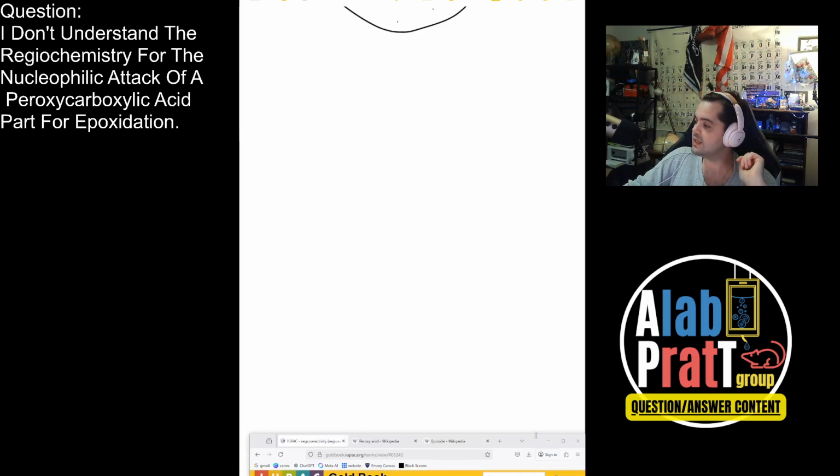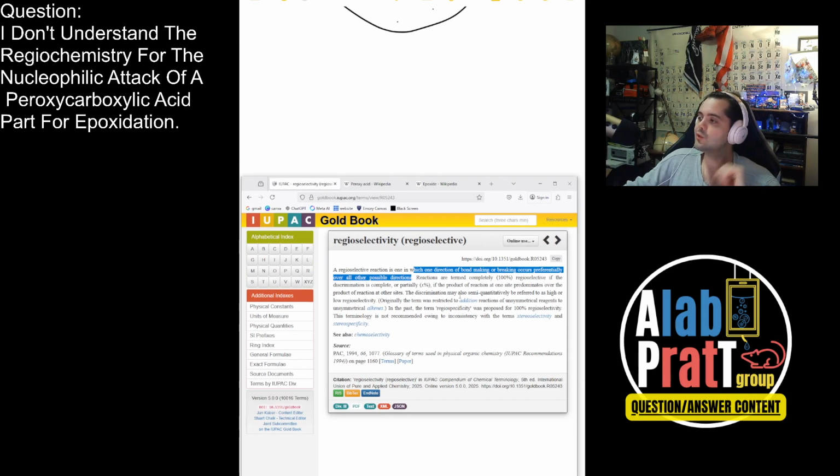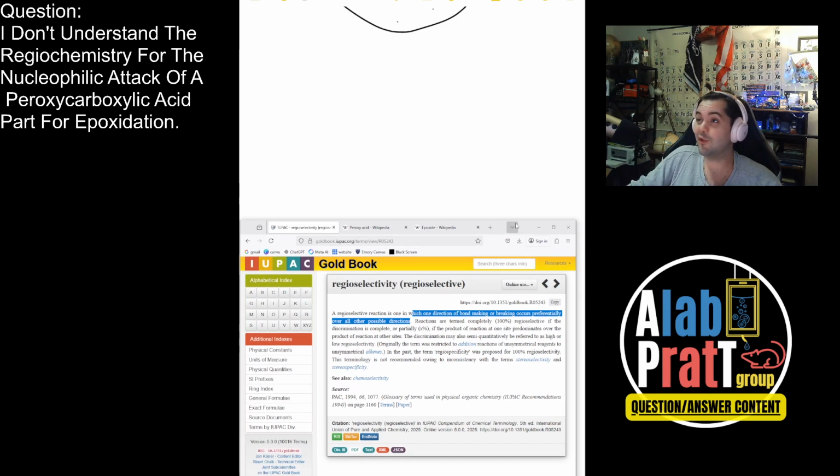I'm going to the IUPAC Gold Book, and I just want to show that regioselectivity is which direction a bond makes or breaks, which direction it goes preferably over all other possible directions. As a really quick example, although this doesn't cover everything, like methyl shifts, for example,